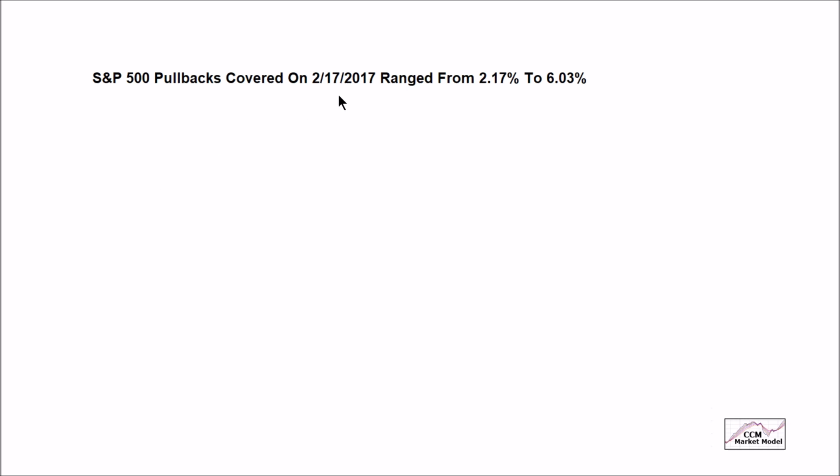So now we're back to August of 2017. In the clip that we just saw, the pullbacks in the S&P 500 ranged from 2.17% to 6.03%. And when we look at that clip, with the benefit of hindsight, it's very, very easy to understand. Yeah, it's normal. Markets pull back, then they go higher. They pull back, then they go higher. But when the volatility is right in front of us in the present day, it tends to be quite a bit different. Therefore, how does the volatility that we've had in recent weeks compare to the volatility that we just looked at in the clip from February?